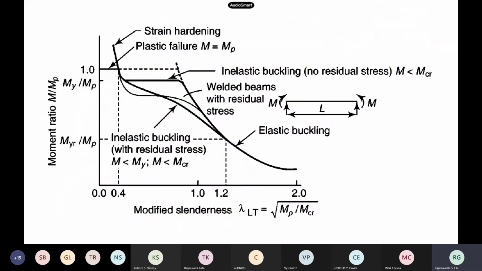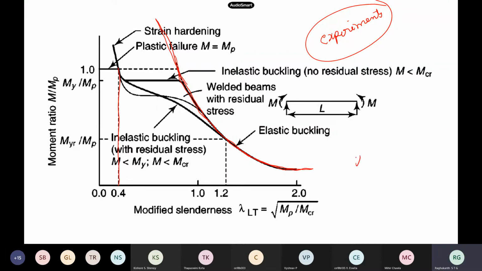So what one does is, a lot of experiments have been done. People have done a lot of experiments, and of course this is a theoretical formula. So this is a dotted line. It is like our Euler buckling law, pi square EI by L square. So this is a theoretical formula, and based on all those results, people have classified. So the thumb rule now is 0.4 as a slenderness ratio.